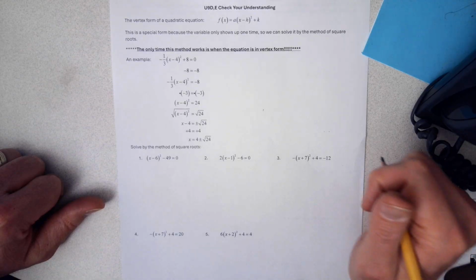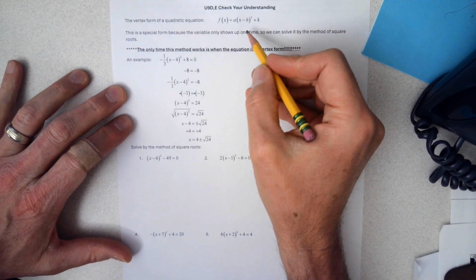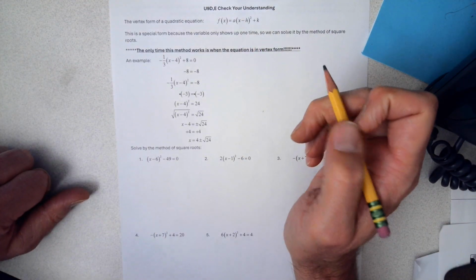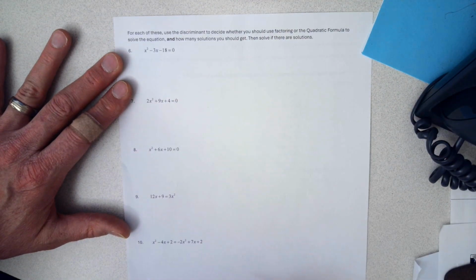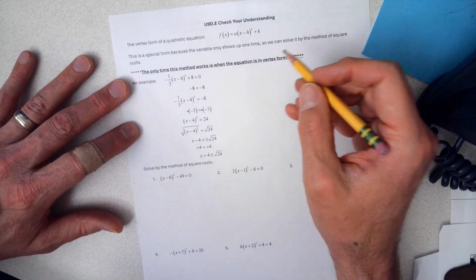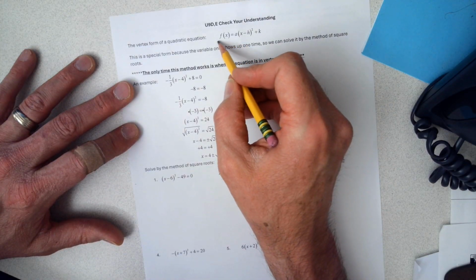U9D and E, check your understanding. So, vertex form of a quadratic equation. We're going to cover an exception to what we did in the classroom work. On the back side of this, we'll do what we did in the classroom work. But on this side right here, we're going to look at what happens if I have a quadratic that